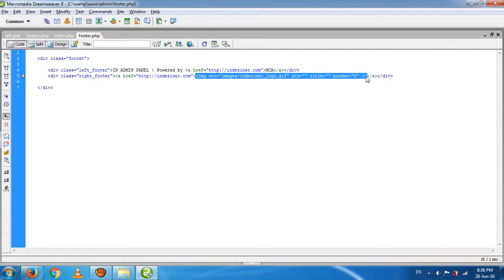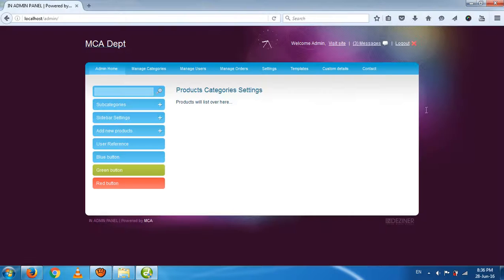If you have some image to put over here, then just set the image over here. Otherwise, remove that part and write some message over here, or a copyright like 2016, and refresh it. So that is the admin panel.